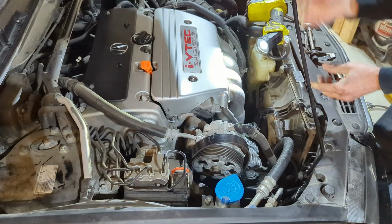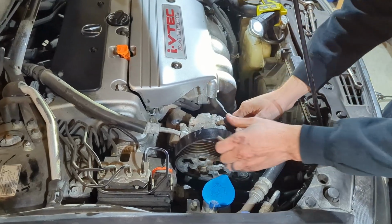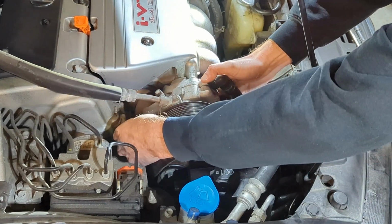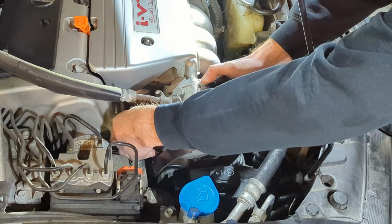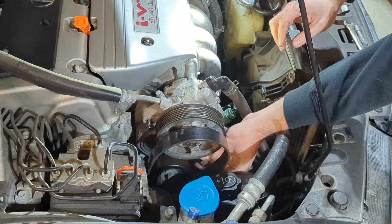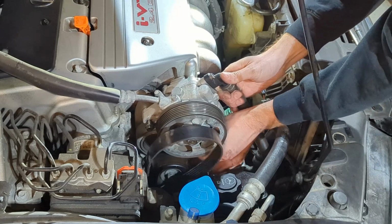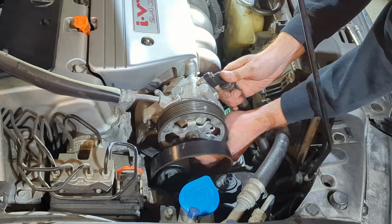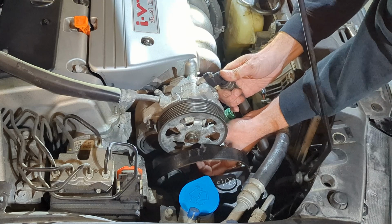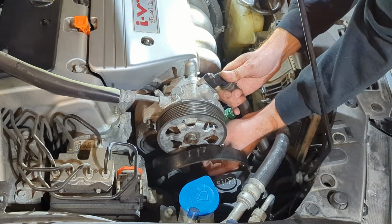Two bolts for the power steering pump are also 12 millimeters. Again, as mentioned, don't drop them down into there. Super easy. We'll go ahead and put the top one in. Get it started by hand. And then just underneath on the bottom, you can reach it from the front here. The second one, we'll start that by hand as well. Once those are both hand tight,